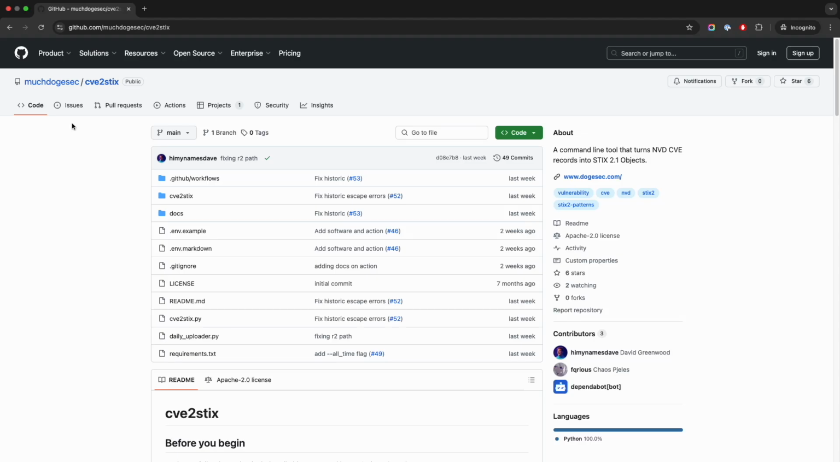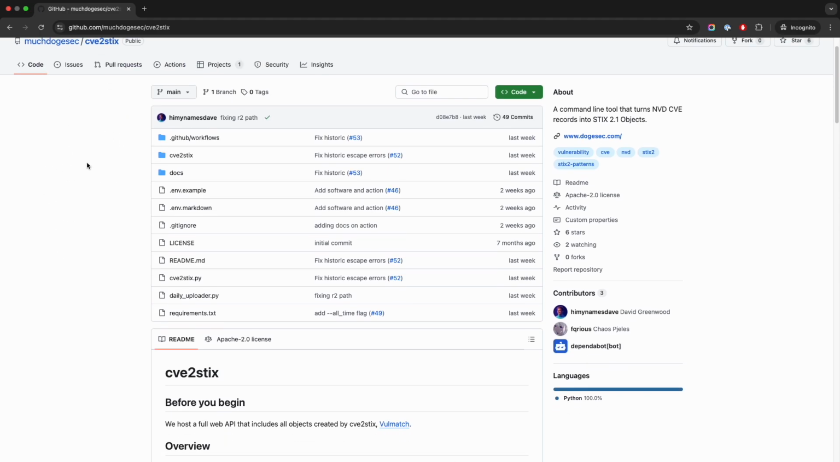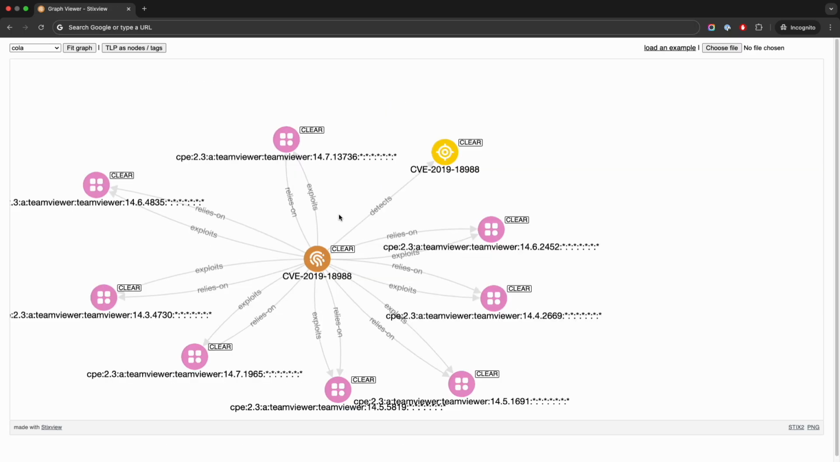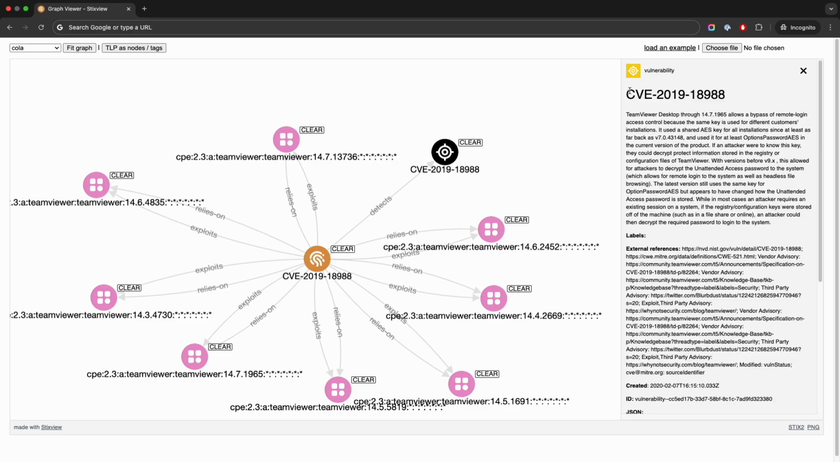Here at DogeSec, we do a lot of research into vulnerabilities. You might have seen one of our open source tools, CVE to STIX, that turns NVD data into STIX objects for easy ingestion into your security stack for prioritization and further research. Here's the STIX graph of intel produced by CVE to STIX for CVE